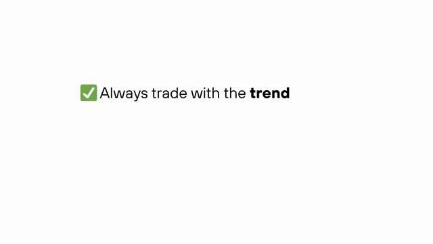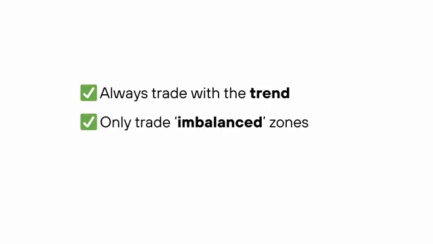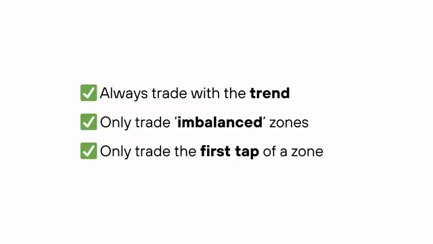So crucial tips to remember when trading supply and demand: always trade it in line with the trend. Only trade imbalanced zones, so any zones that aren't imbalanced are not worth trading, and only trade the first tap of a zone. If a zone has been hit 3, 4, 5 times, do not trade it,